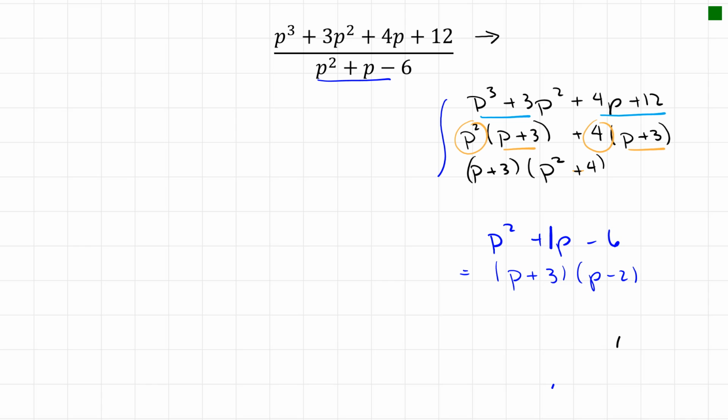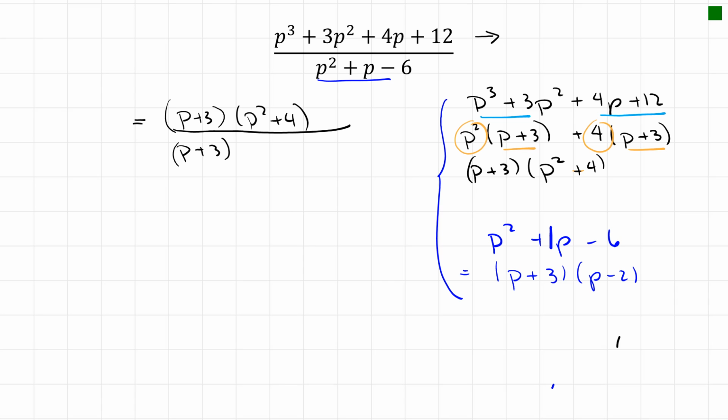So now I'm going to put this together, and notice how I make an equal sign here to follow the problem. I'm going to put in the information that I had on the right here into my solution. So the numerator is p plus 3 and p squared plus 4, and the denominator is p plus 3 times